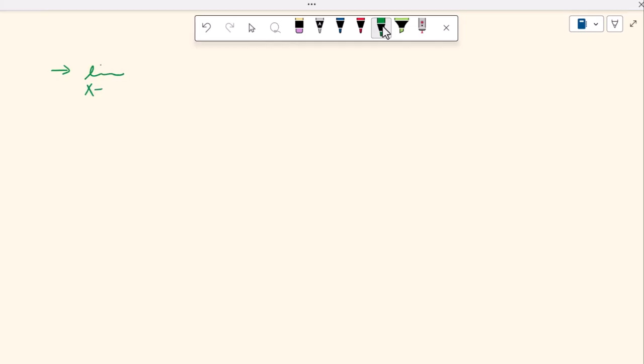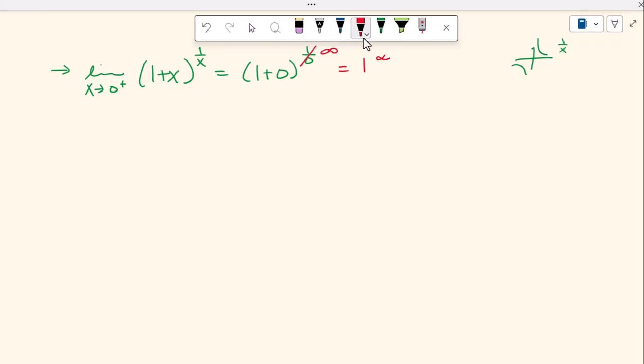Let's look at the limit as x approaches 0 from the right of 1 plus x, and then our exponent is 1 over x. So we go ahead and take the limit, and this would be 1 plus 0 to the 1 over 0. Okay, but let's look at the graph of 1 over x. We've looked at this one a lot today. As we approach from the right, you can see this is going off toward infinity. So I can actually replace this with infinity. So this is equal to 1 to infinity, which is an indeterminate form,